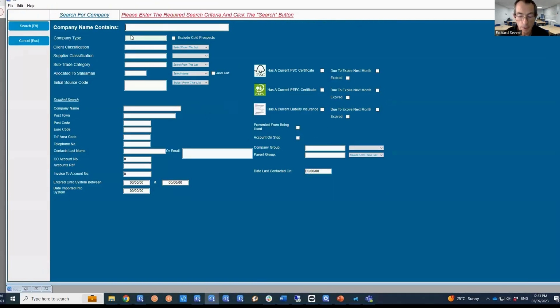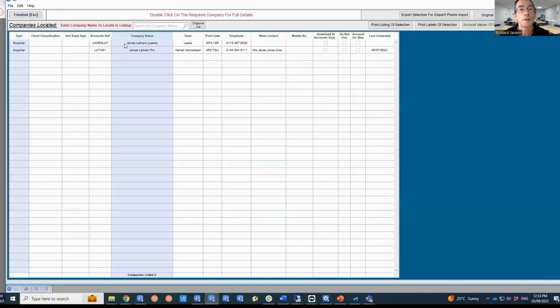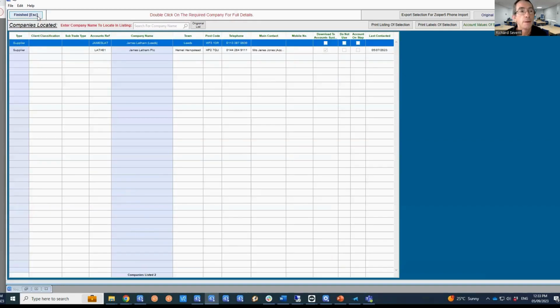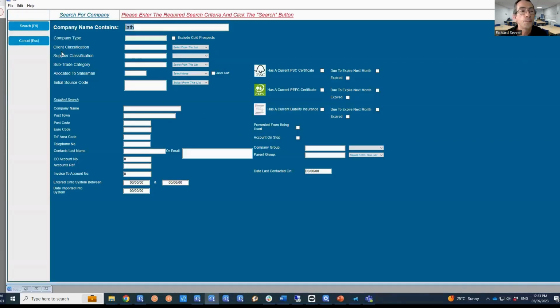So if I look at Latham's in Leeds, we can see that we've got an FSC requirement, but the renewal date of that certificate is out of date. Okay, but because the enforcement is switched off, it will still allow the purchase order to be placed. So if I come out of that